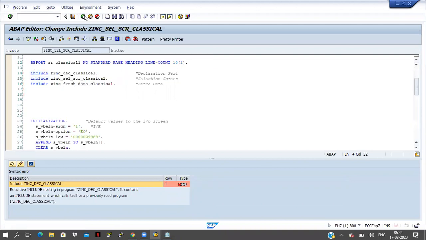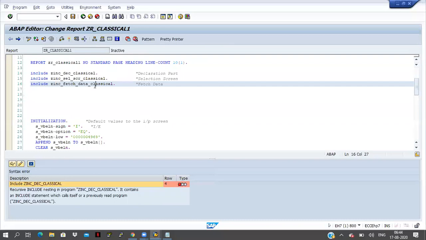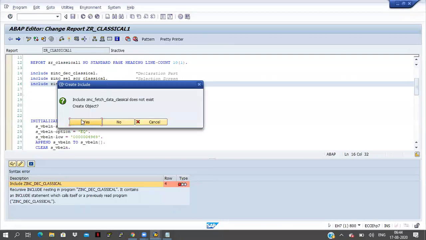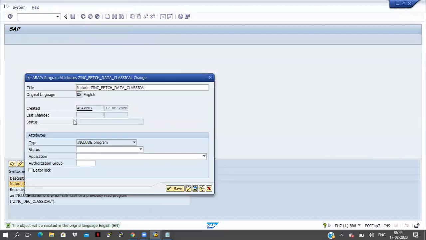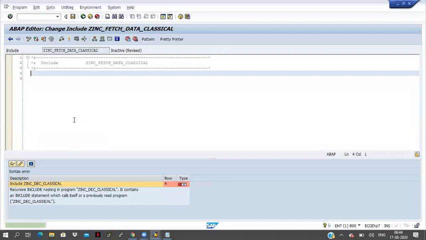Just come back and double click on classical one. Click on save button. Click on OK button. Save it.